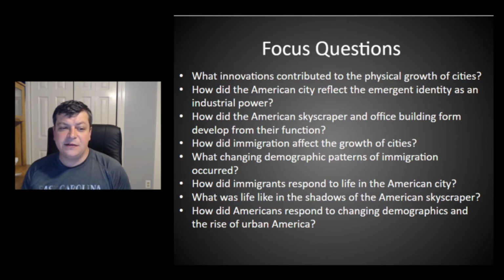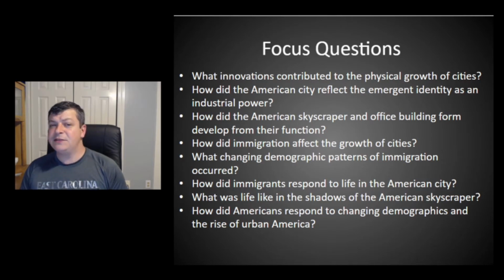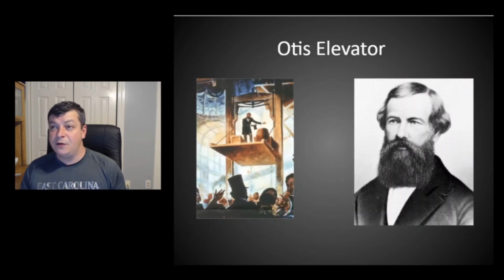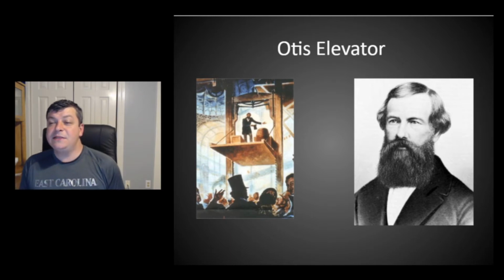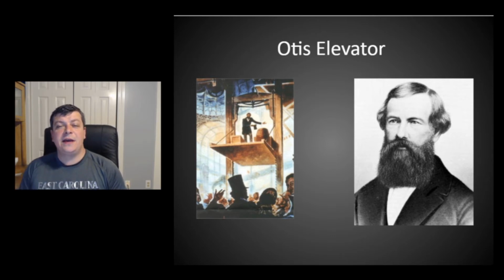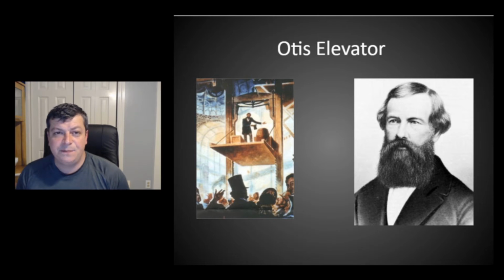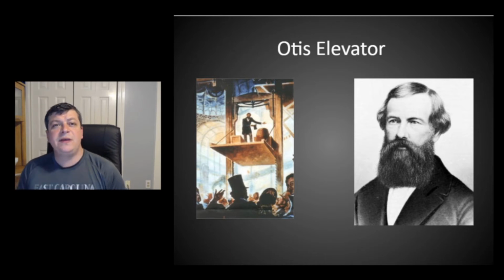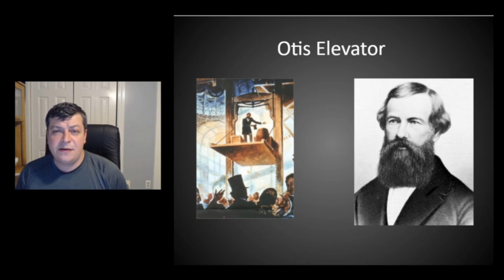One of the things that's different about American cities is that sometimes they can feel very consolidated. The American city was able to grow up in a time where certain technological features were helping characterize its development. For instance, the Otis elevator, which was introduced in the 1850s but would be prevalent throughout the 1870s and 80s, gave the American building the ability to grow up. And when I say up, I mean vertically.